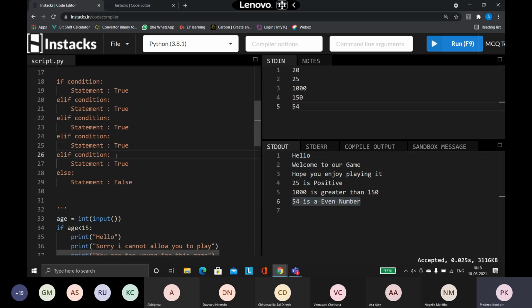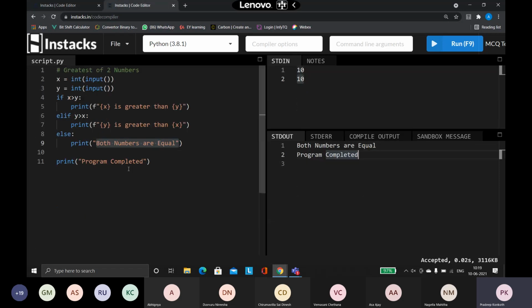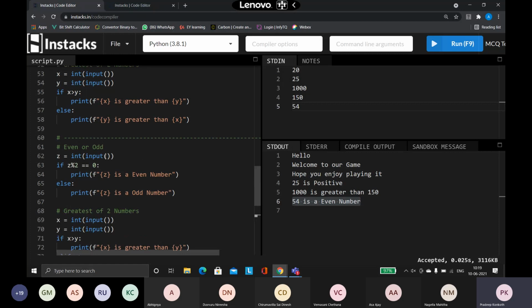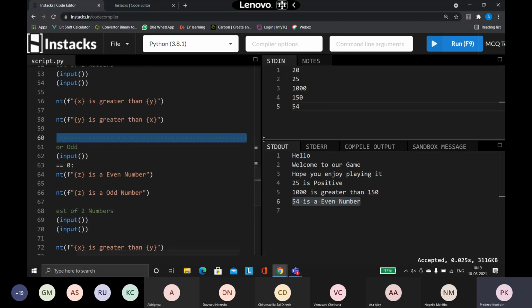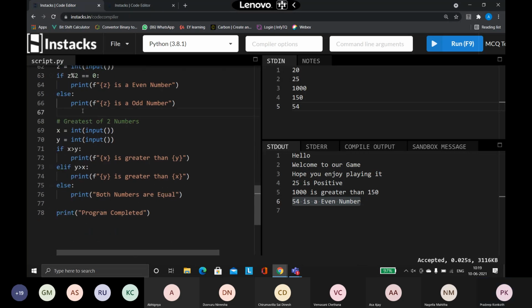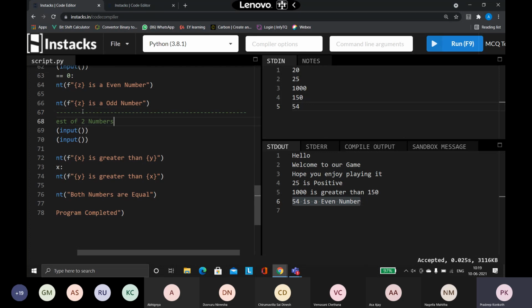So what is the purpose of elif? The purpose of elif is to give multiple conditions. It is to test multiple conditions. So the same greatest of two number programs, I can also write it using my elif. The proper way of writing the program is using the if, elif and the else part. That is the correct way, because it will handle all the conditions. So this is the modified version of the same program.